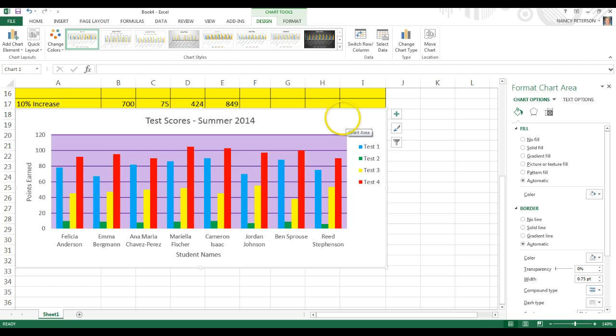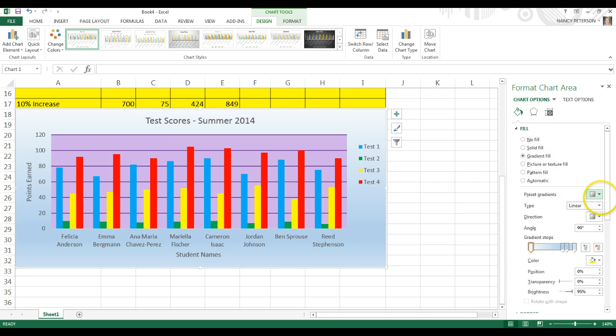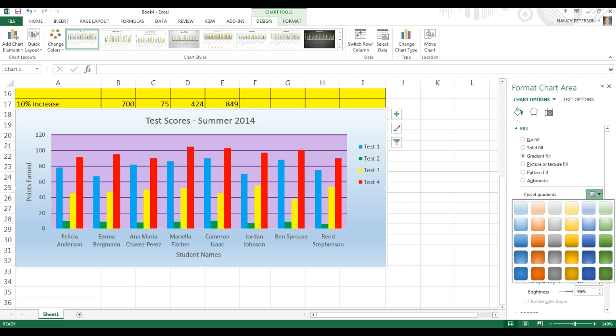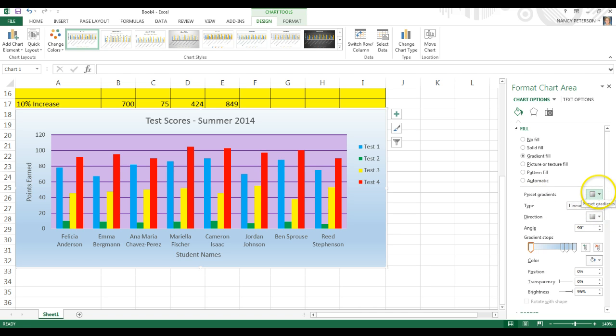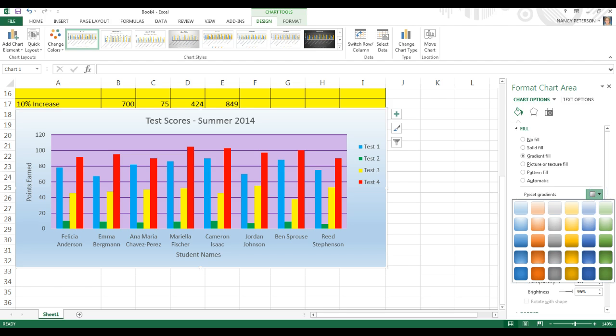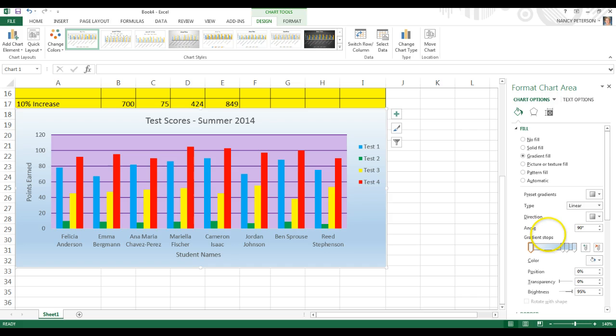And let's go ahead and fill in the chart area. So on the chart area, I'm going to use a fill on that, and I'm going to use a gradient this time. A gradient is a blend of 2 or more colors. Those are some preset gradients based on our default setting on our cluster column chart before we started enhancing it with our own beautiful colors. And so I'm going to choose a linear, and the direction, I can change the direction of how it fades. I think I will go this way,